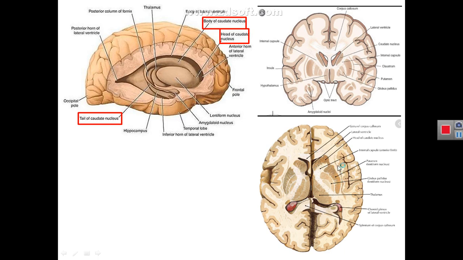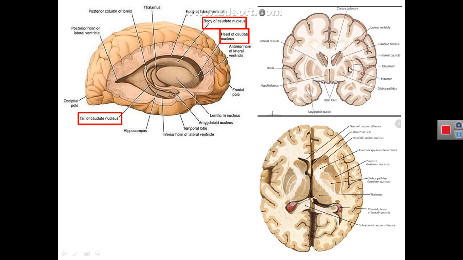One important function of the claustrum is consciousness, and as I said, it is separated from the lentiform nucleus by the external capsule and from the insula by the extreme capsule. We can say that it is separated from the putamen by the